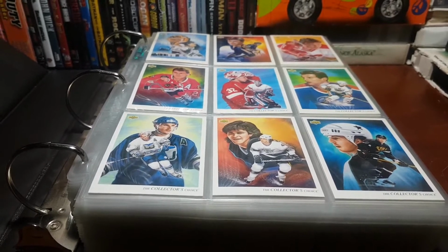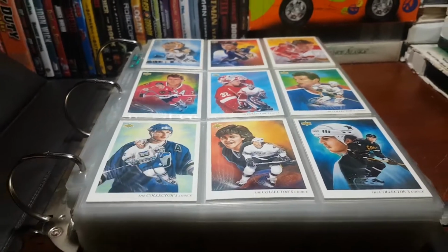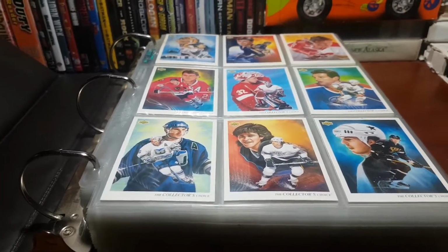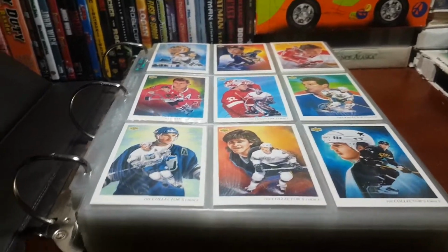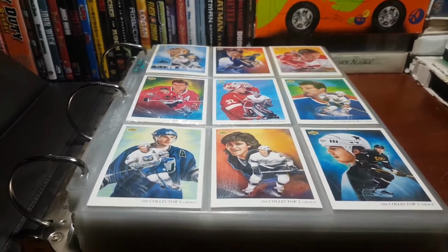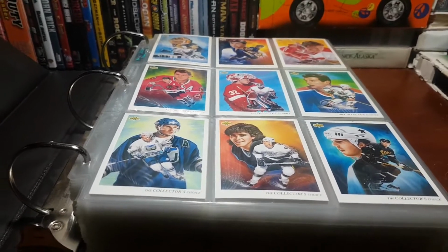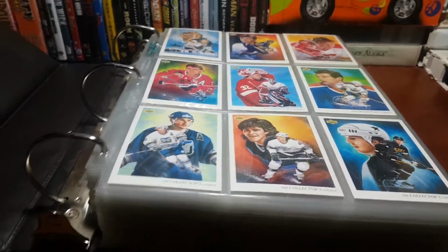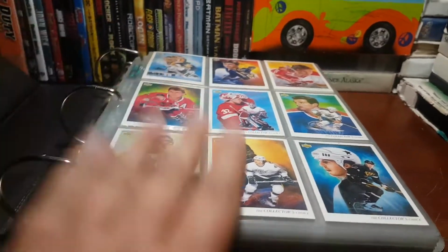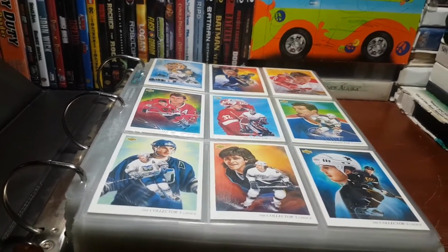And there were insert sets for this set, I guess you could say, but none of those are here. This is just your straight 640. And there were also 2 special print cards made for this set. I don't currently own them, but I did track them down on COMC. And the next time I do a COMC order, I will be getting those 2 cards, and they will be put into this binder. Those 2 special print cards are the